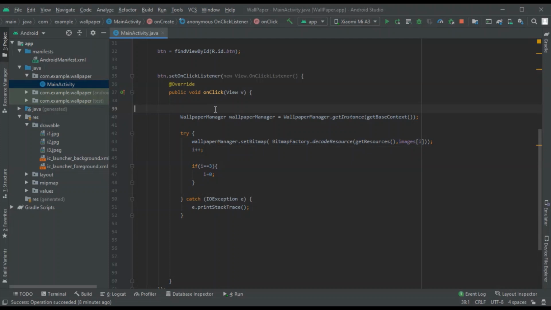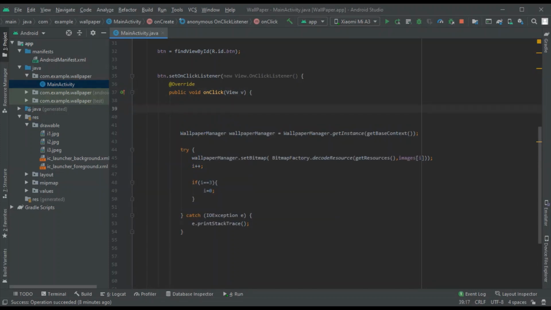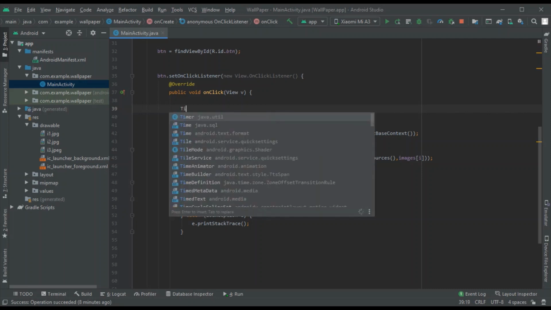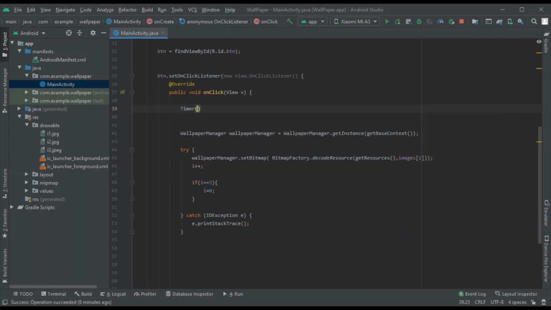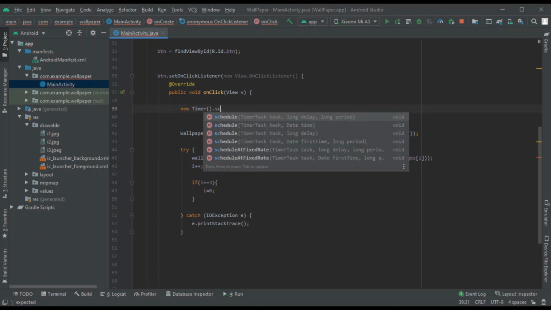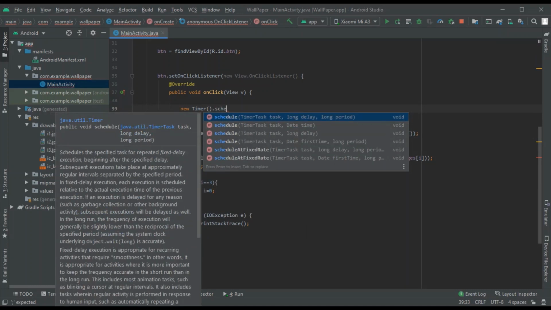So now what you want is, on click of this button, the wallpaper of the phone should get changed automatically after every 30 seconds, right? To do that, you have to use something called schedule. That schedule method is present in a class called Timer. So you cannot directly use it. You have to create an object of the Timer, and then use the method called schedule,